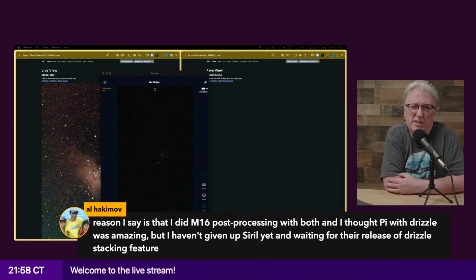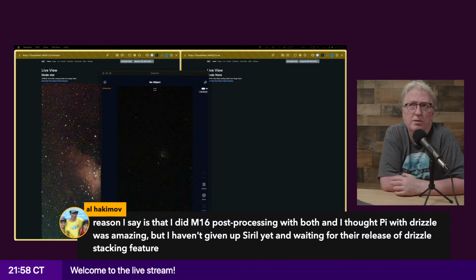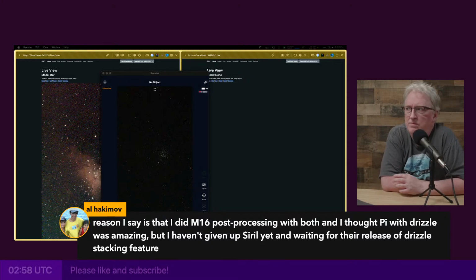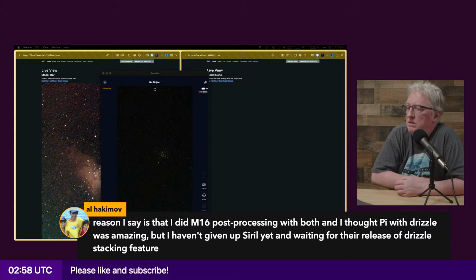I had built it myself on Linux, but now I'm using a Mac build of the alpha version with the proper drizzle. I know Wiley Site's been messing around with it, and I think he's gotten good results from it in Siril. But the thing you always hear is PixInsight's drizzle is very good.